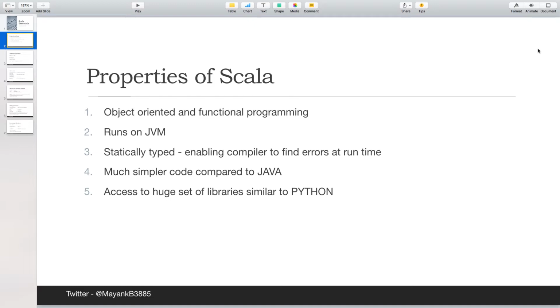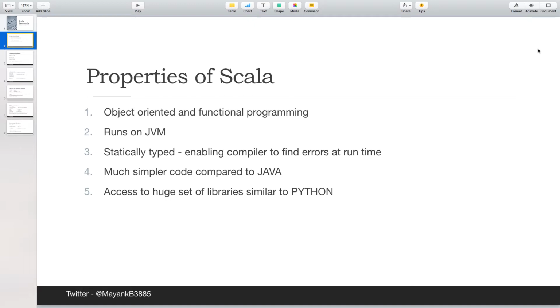The second point is it runs on the JVM, which is nothing but the Java Virtual Machine. So the Scala code gets converted to bytecode and then that is run on the JVM. Also, it is statically typed, meaning that you can see what the errors are while you are compiling the code, compared to some other languages where you see the errors only at runtime, so it makes the code very efficient.